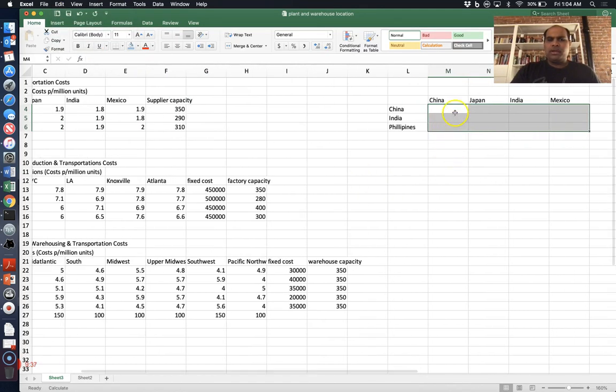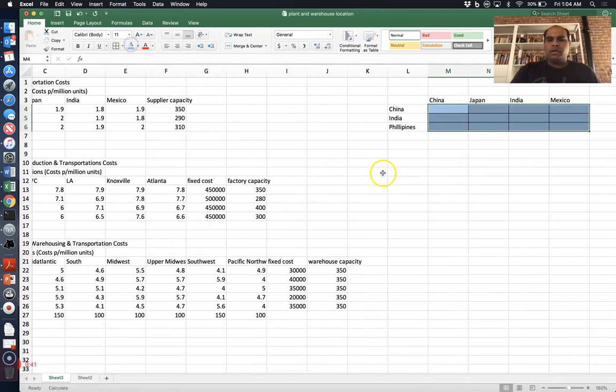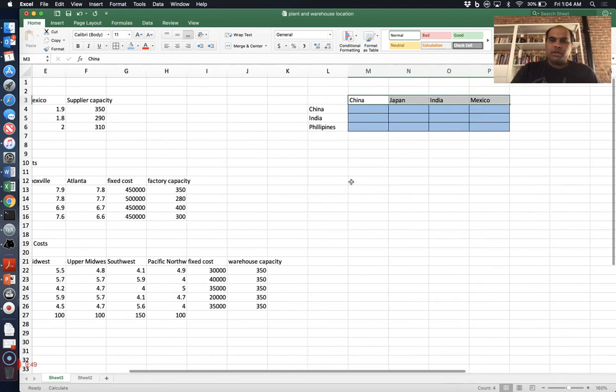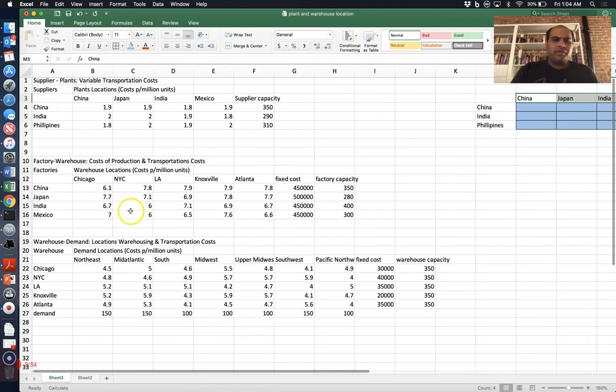So these are my decision variables, which represent transportation from your suppliers to the potential plant locations. So those are my first set of decision variables. The second set of decision variables